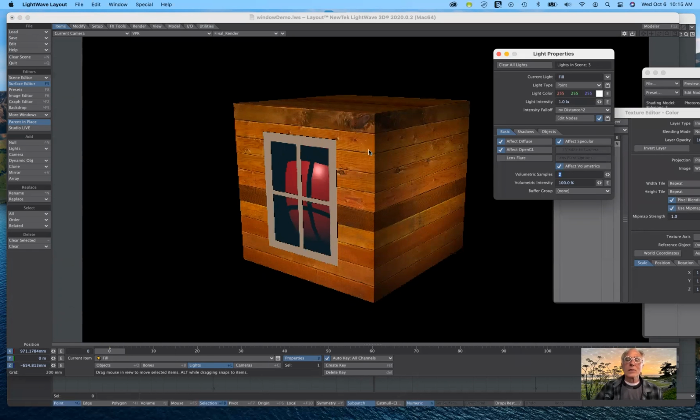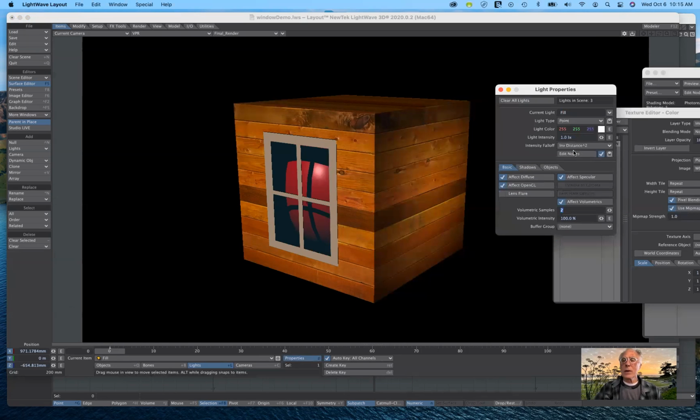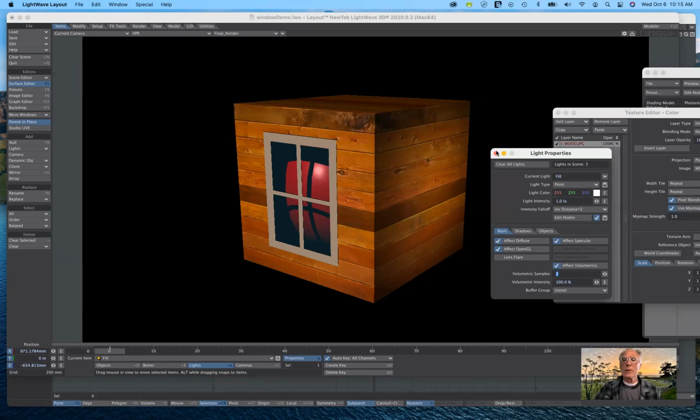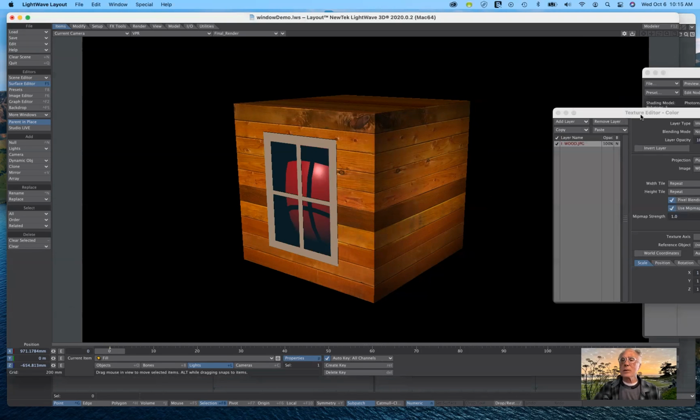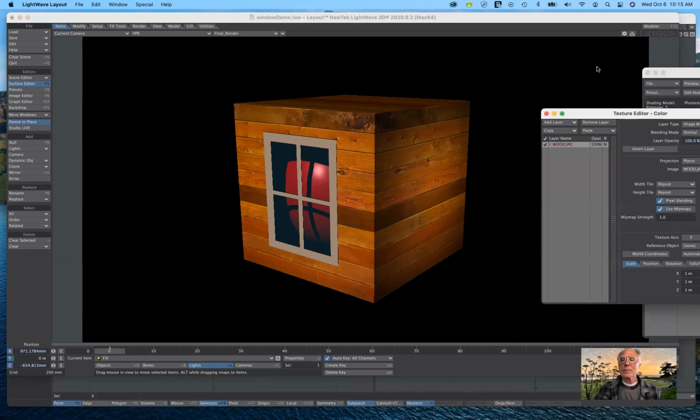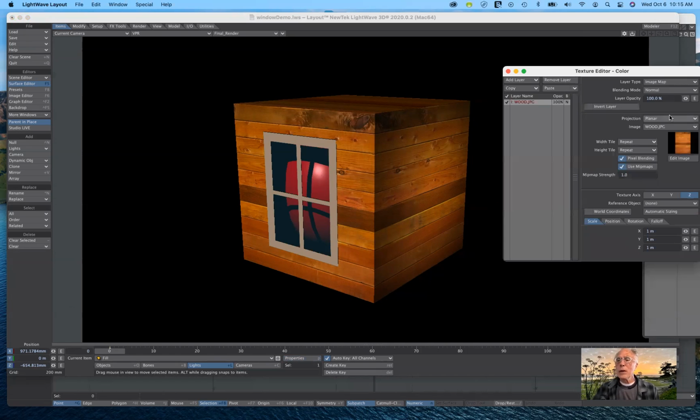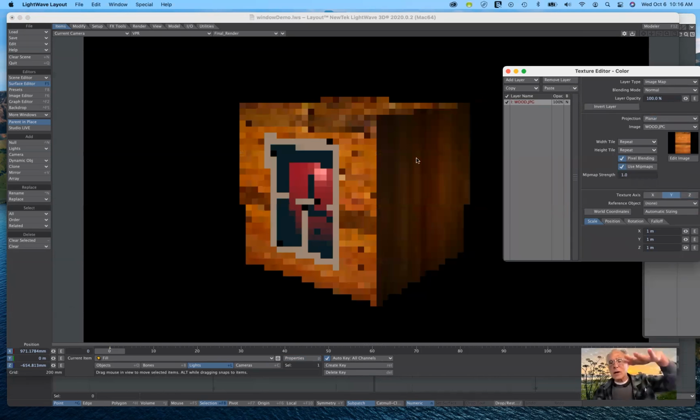So it's a distinctive shadow side, but we can still see some details in there. So, not perfect, but that works okay for us. So I'll close light properties. Now let's go back to the wood texture. So I'm trying planar, and that will work for certain sides. But if I switch, for example, to the Y, you can see how it's taking it and pushing it down